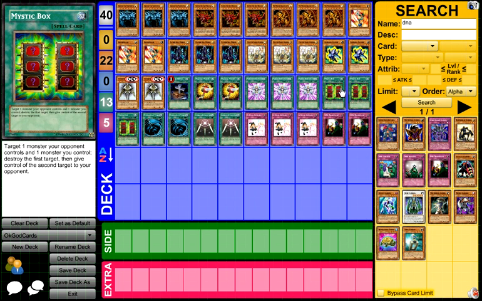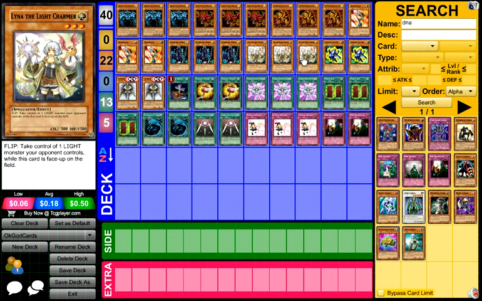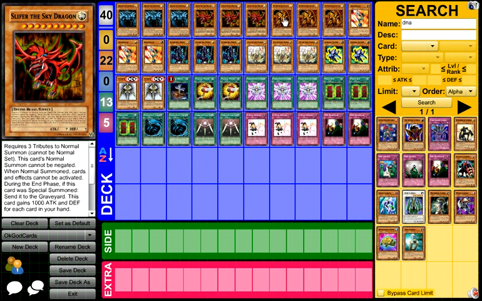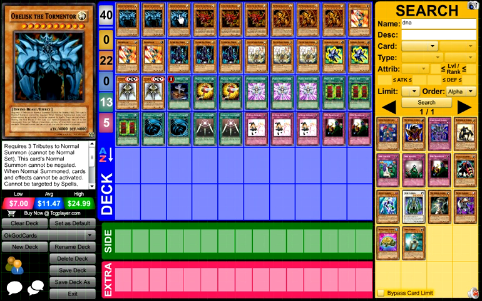Alright, then you're going to want to activate Mystic Box to destroy a monster on your opponent's side of the field and give control of your Winged Dragon of Ra to your opponent. Then you can actually activate 2 copies of Arrival Appears to special summon Slifer the Sky Dragon and Obelisk the Tormentor